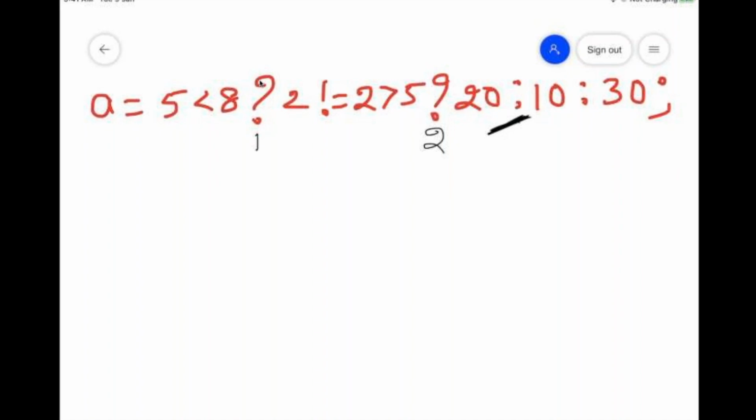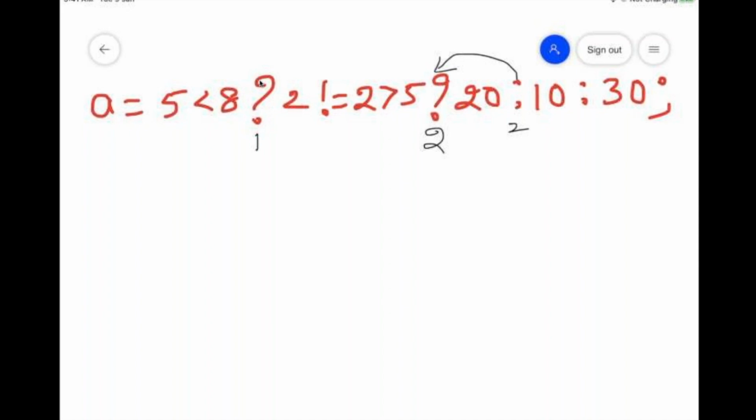What does rule number 2 say? Every colon should match with just the question mark before it. So for this colon, what is present before it? 1 or 2? 2. So this is going to match with this one. So this is not the first colon. This should be the second colon actually. It is number 2. If this step is wrong, then the expression becomes wrong.